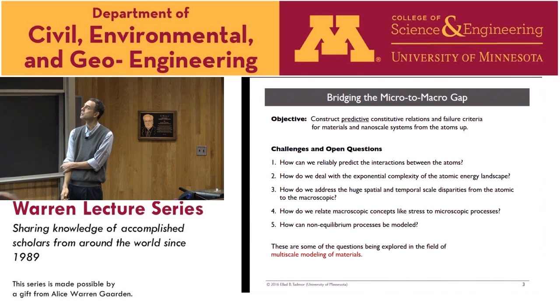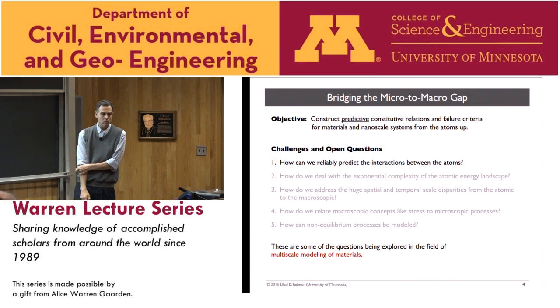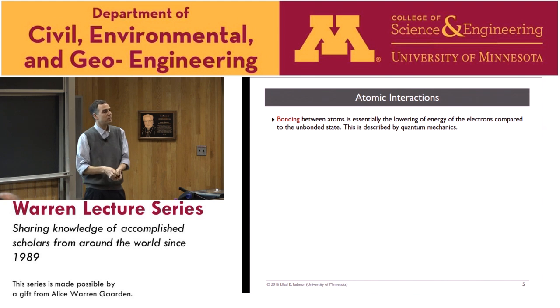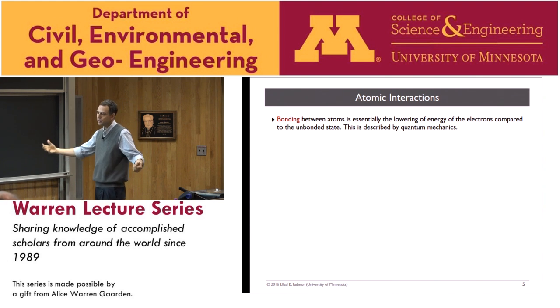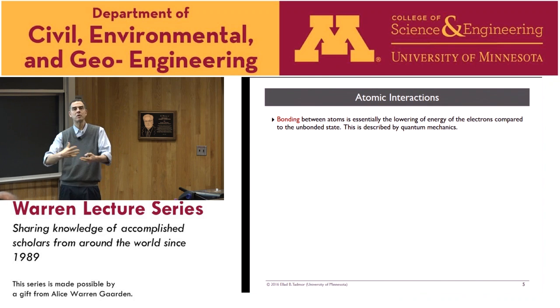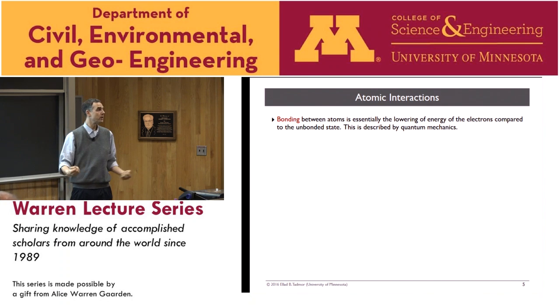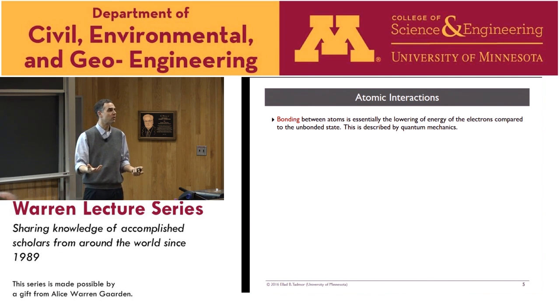So let's start with the first one, and that's the interactions between the atoms. Basically, atoms bond to each other. When you bring 2 atoms together, they form a bond. That has to do with the fact that when they come together and they share their electrons, they can reduce their energy. It's because they reduce their energy that bonds form. Otherwise, nothing would ever bond to anything. So they come together, and they can go to a lower energy state.